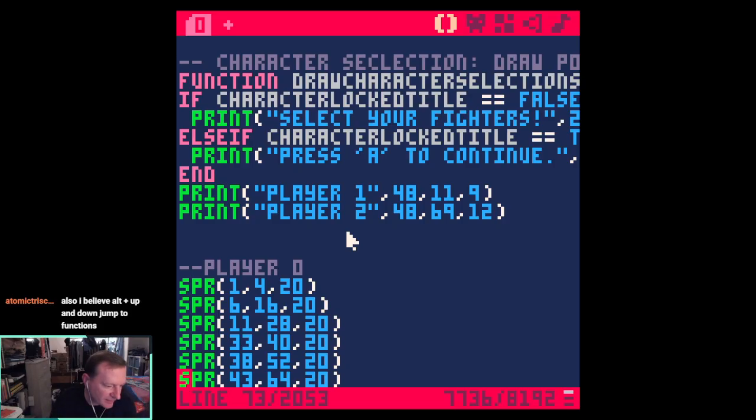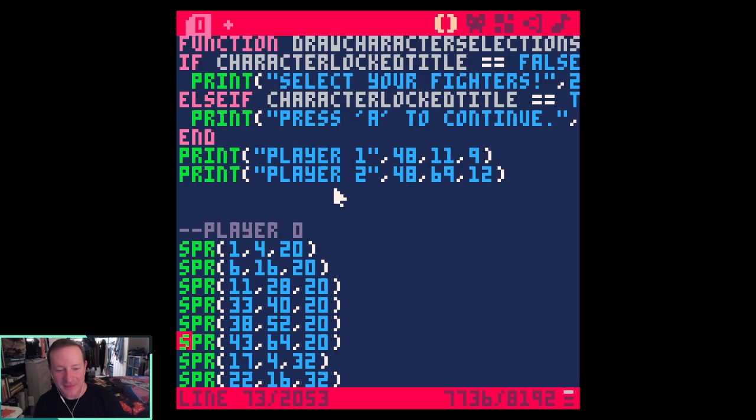Oh, Alt plus up and down jump to functions. Okay, that's cool. Yeah, so I've probably been doing this the hard way for so long. But it's funny because I'm known for doing things the hard way, but I'm also known for cranking them out. We went from having nothing to this game that's almost done in just a couple months. And I might do things the hard way, but I'm really, really careful. So I seldom regret it because I've been so careful that it just works pretty right. Maybe that's bad practice, but...